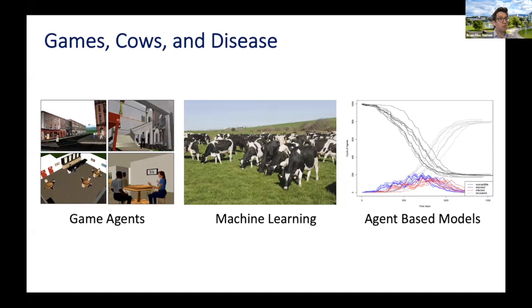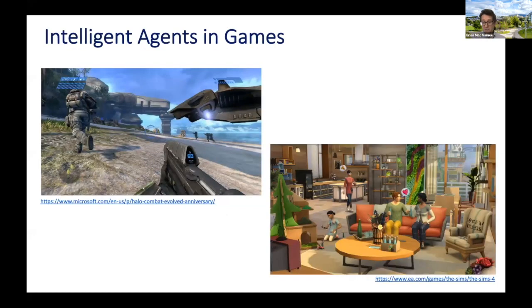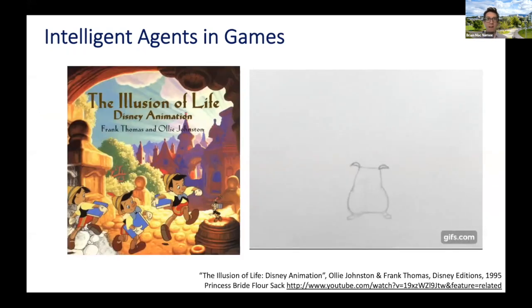If I start with the first one, intelligent agents for games is a big area, and there's a whole lot of work that goes on in it. And one of the nice things about it is there's lots and lots of tools that we can take advantage of from that area and use to do different things. Now, one thing that's always interesting is intelligent agents for games are all about cheating.